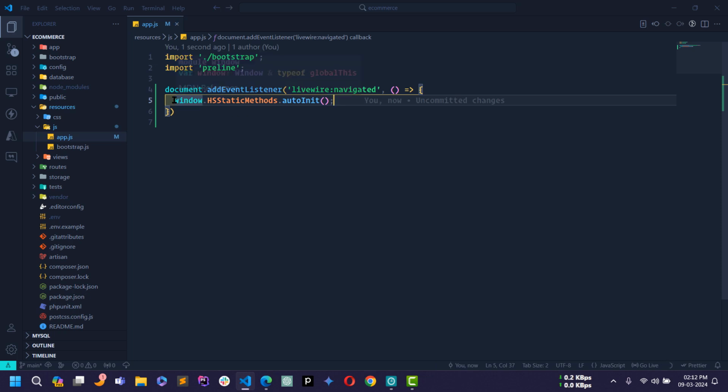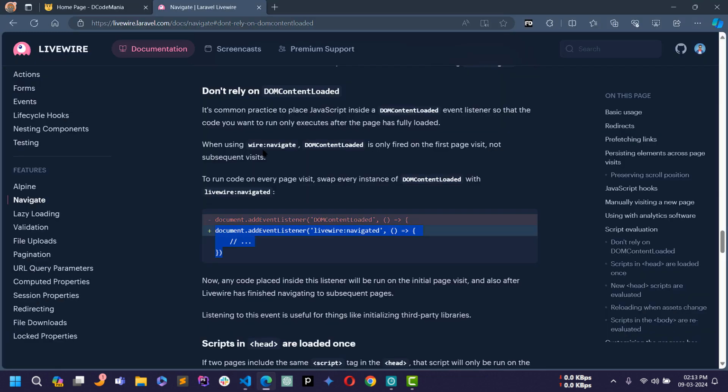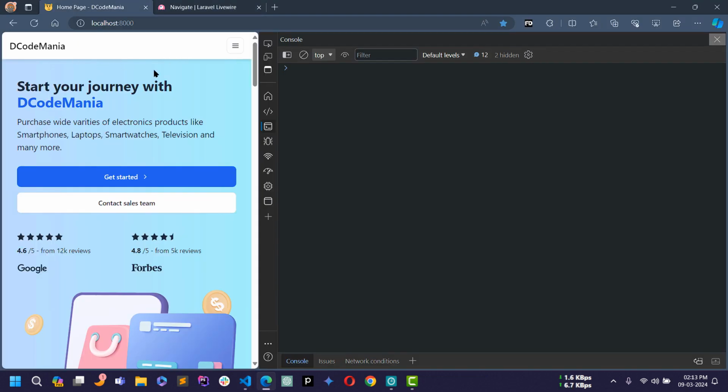Now this piece of code will initialize all the Preline components which require JavaScript code when Livewire navigated occurs. Okay, so let me save this file, and now if I reload the page here and try to